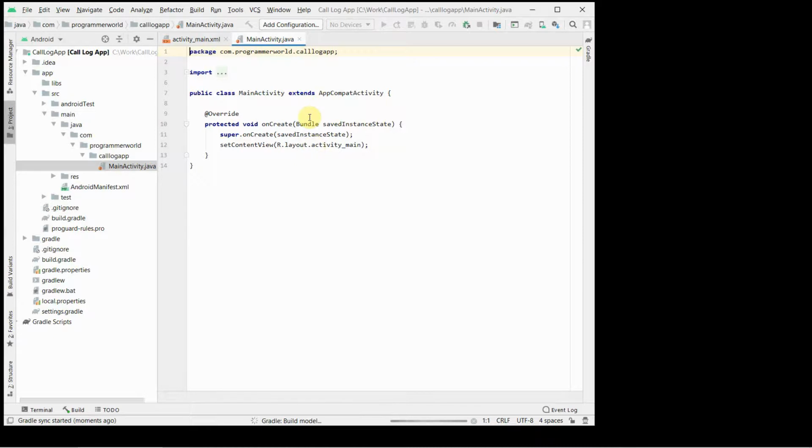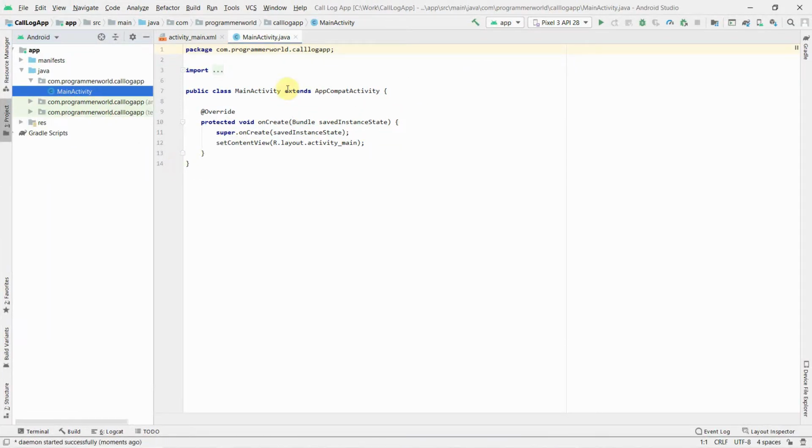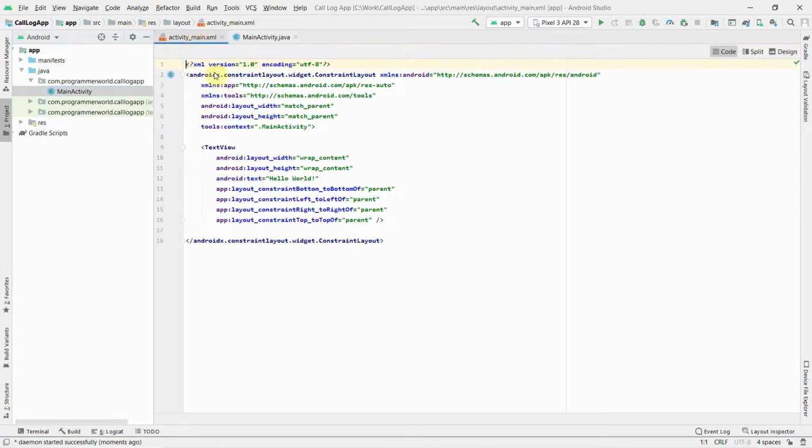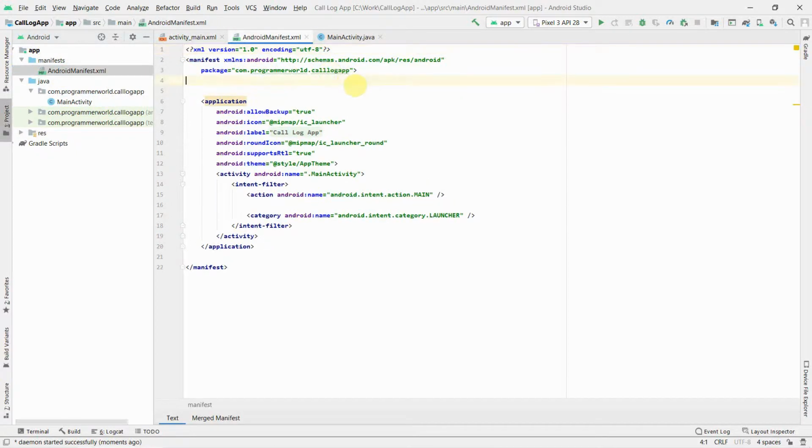Once your IDE is loaded, this kind of screen will come up, and this kind of coding you can also use as a part of your main code where you want to just log the call data in the background, and it's pretty simple. Before we do anything, very quickly I'll define the permissions which we'll need in the manifest file.